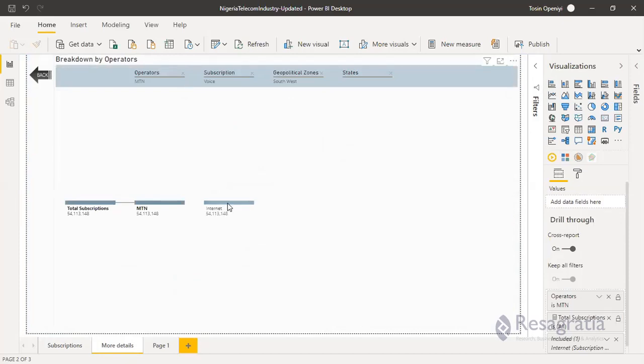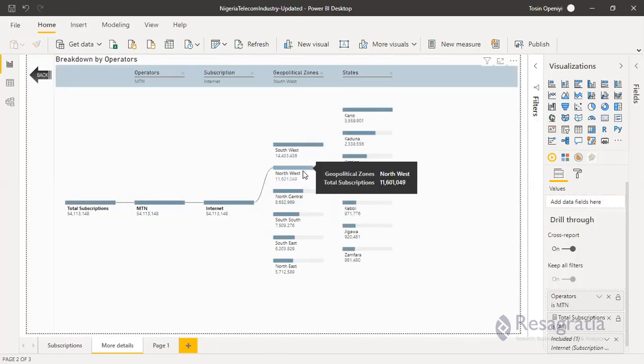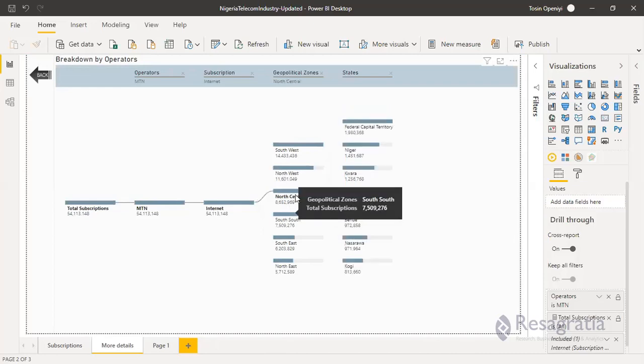You can see we have internet, then I can further check the distribution by geopolitical zones, then distribution by states in each geopolitical zone, right? North Central, Southwest.